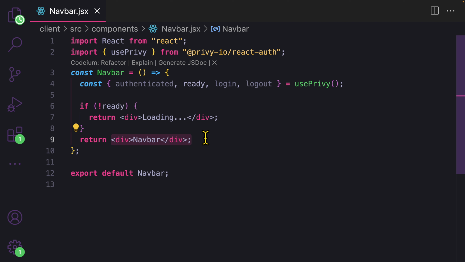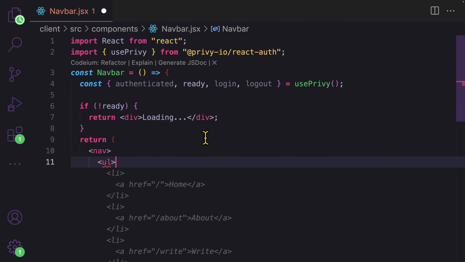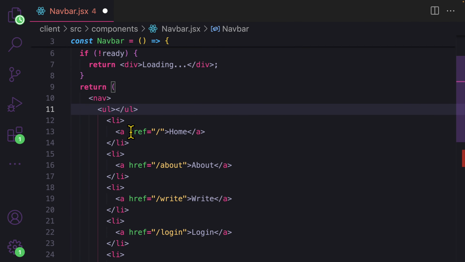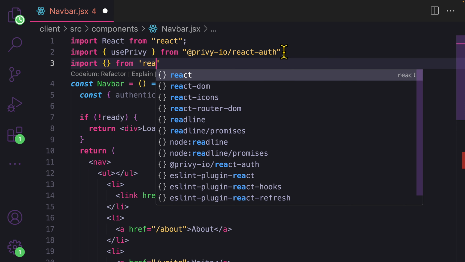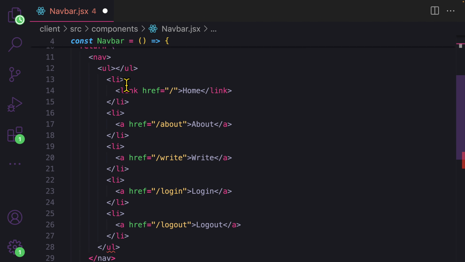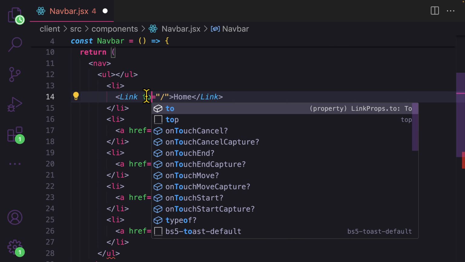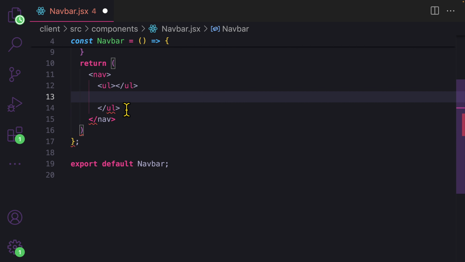So in here, let me return nav, and I'm going to provide the following as home. Instead of the a tag, we're going to use Link from React Router DOM. What I want here is the Link component for navigating the user. So here as Link and here as to. The LIs must be in the UL